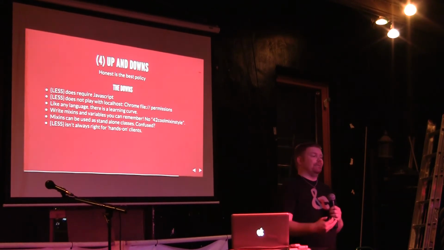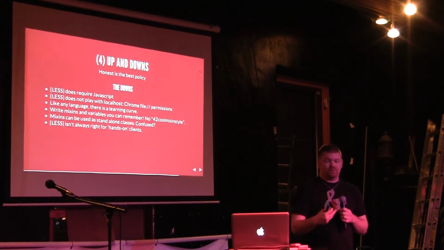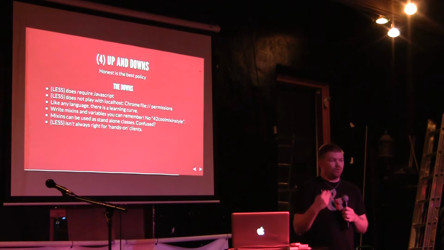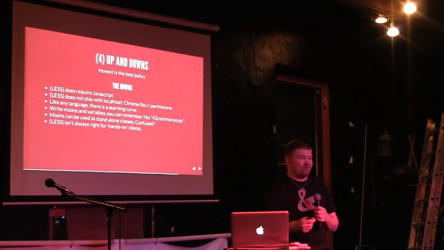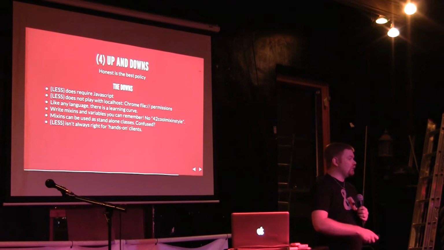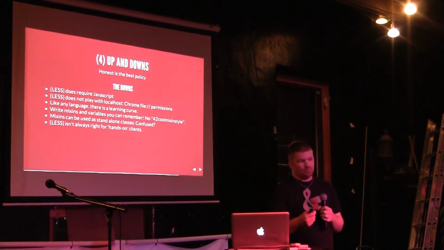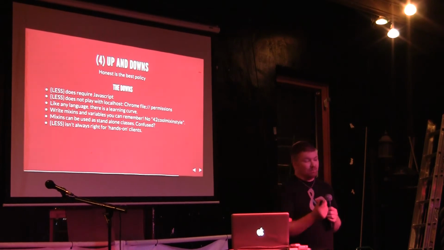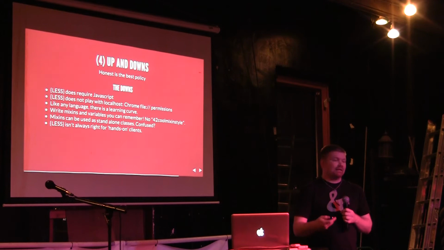You can't do it overnight, and it's going to take a little bit of testing and planning to find out what's right for you before you can really get it going. The next thing I would say is don't write mixins and variables that you can't remember. So don't write 42 pool mixin style. Write things you can remember in terms of black, red, green, small, medium, large. Simple words that might mean big things and might refer to big strings of code, but that it's easy to